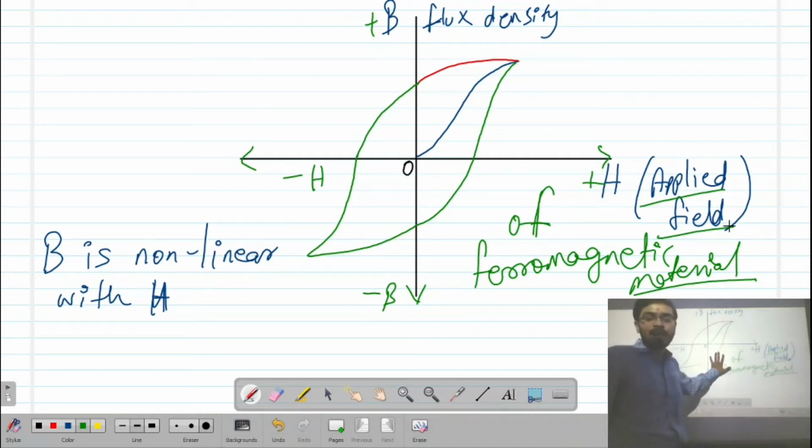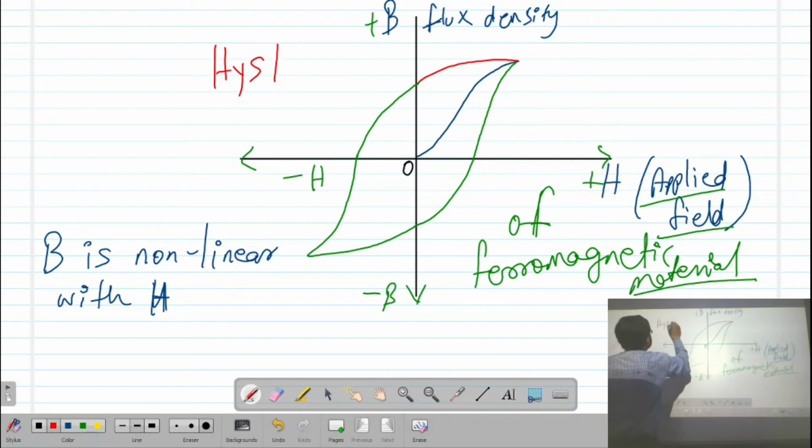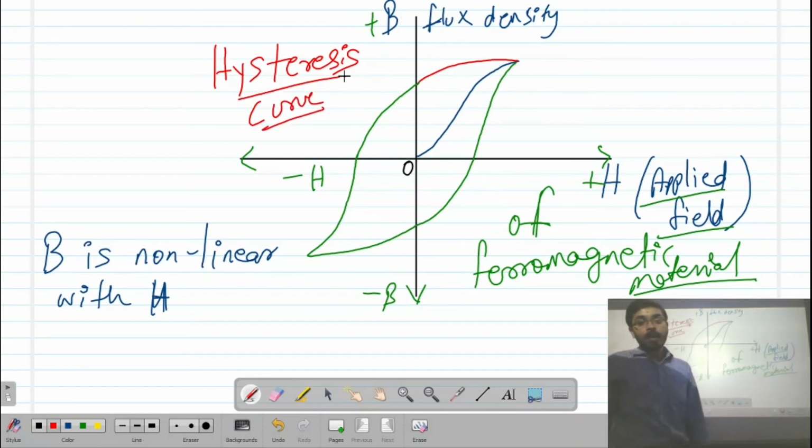This graph is known as hysteresis curve.